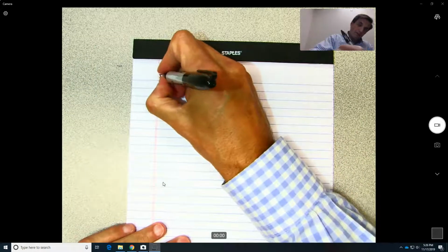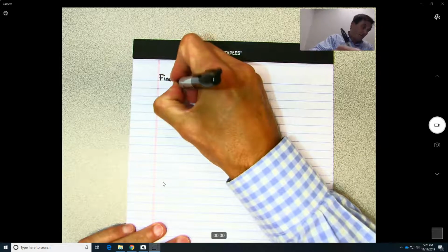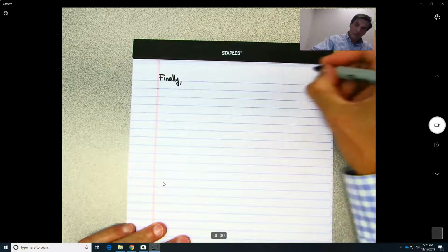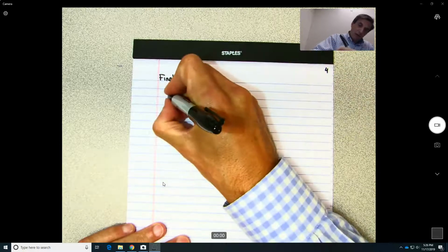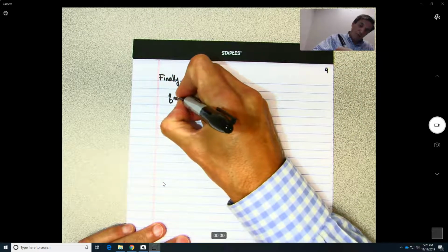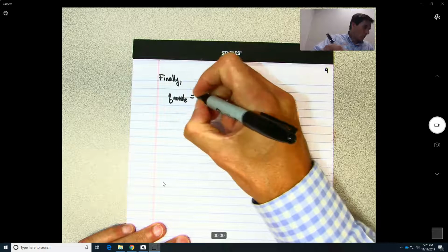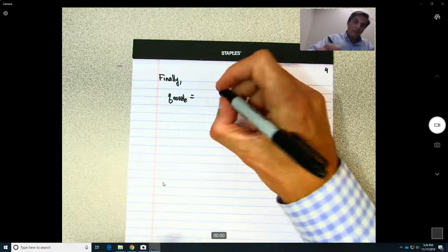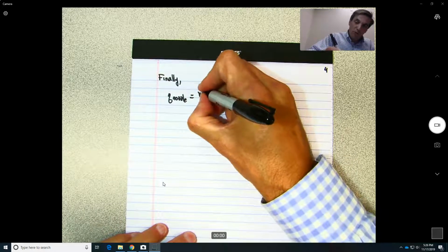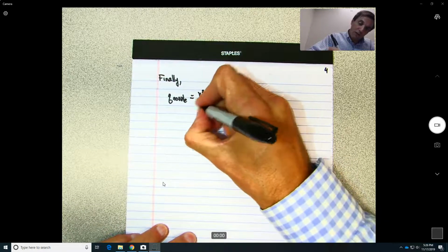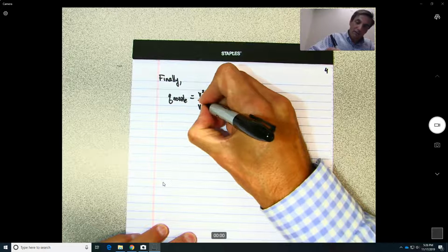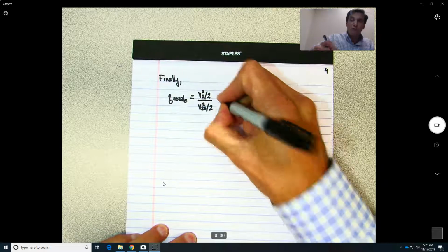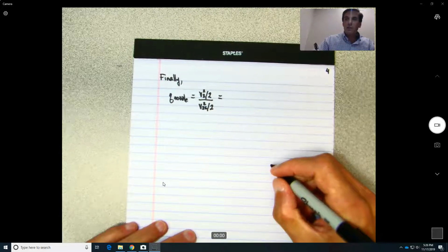So finally, we're going to have the efficiency of the nozzle equal to what? We just look at it, it will be V2 squared over 2 divided by V2S squared over 2,